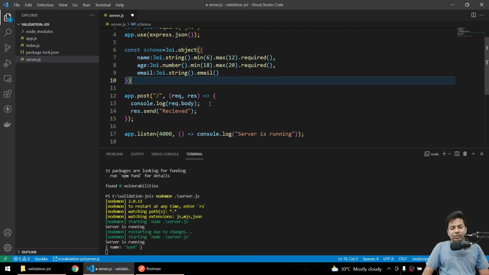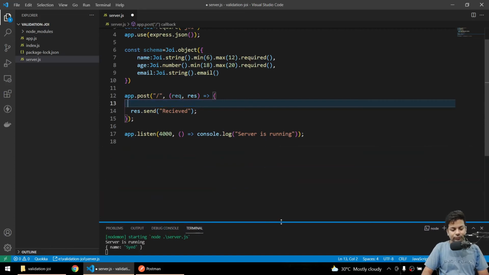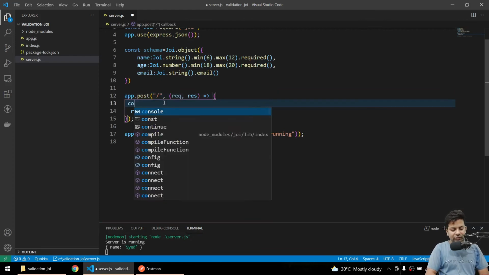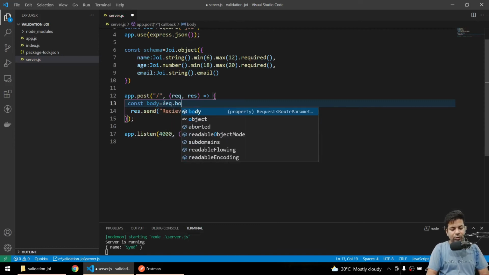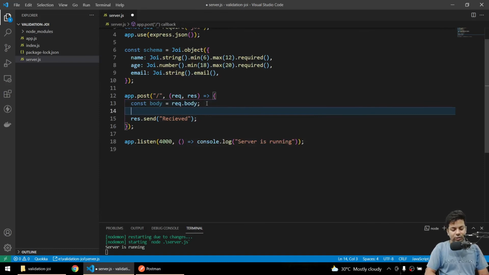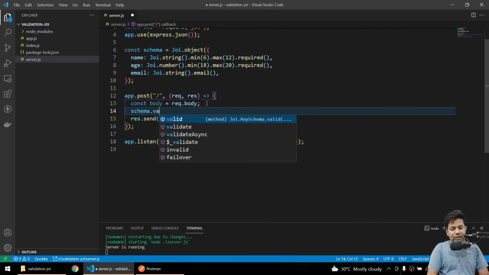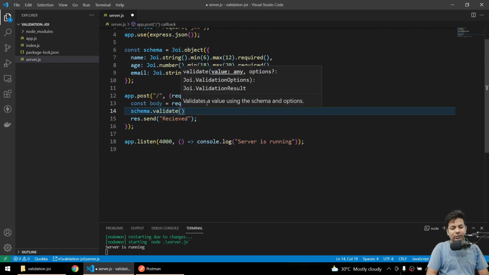Now as we receive the data, let me put it down. As we receive the data, we'll say const body equals request dot body. Simple, we are getting the data in the body. Now we'll say schema dot validate, and here we'll give our data.